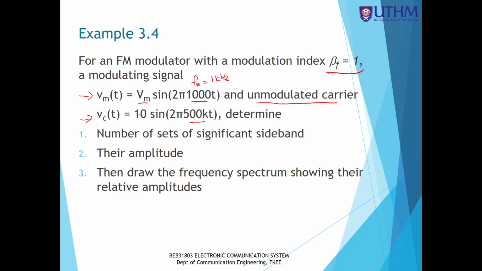Okay, and we know the peak amplitude of the carrier is 10 volt, and we know the carrier frequency, which is Fc equal to 500 kilohertz. Okay, so we know a lot of information now. So now we can determine